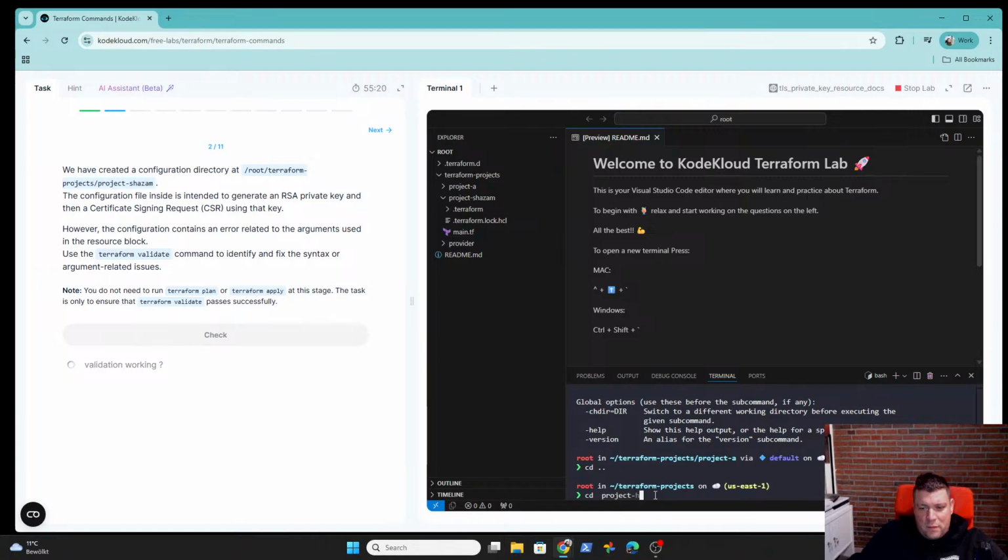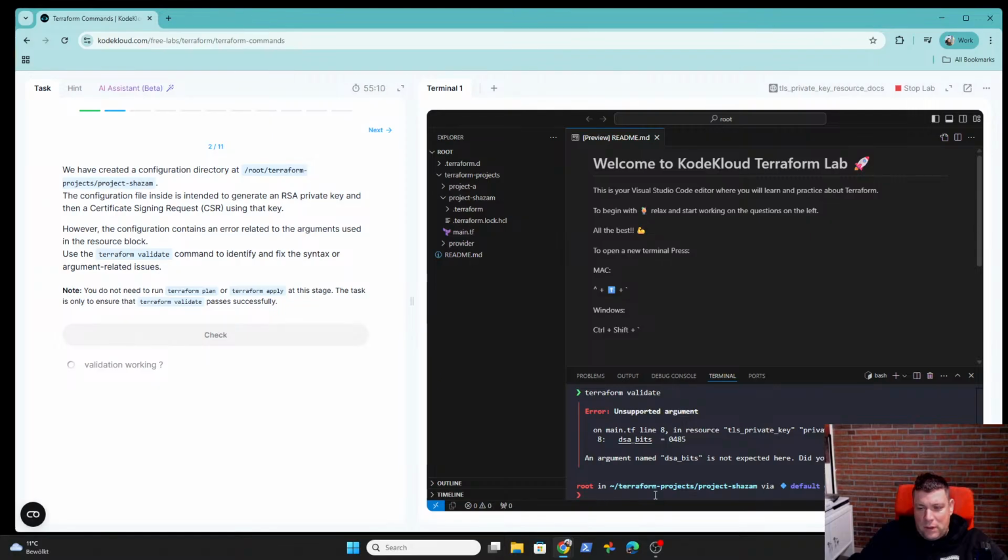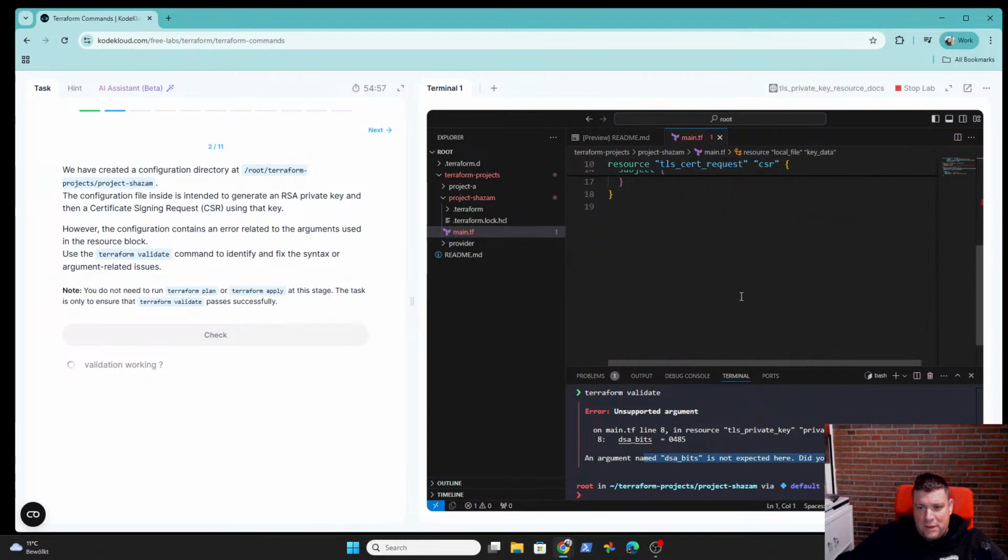Let's look if I need to run terraform init before. No. So let's check if he means errors like that.